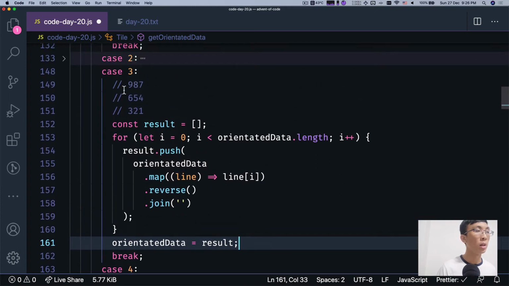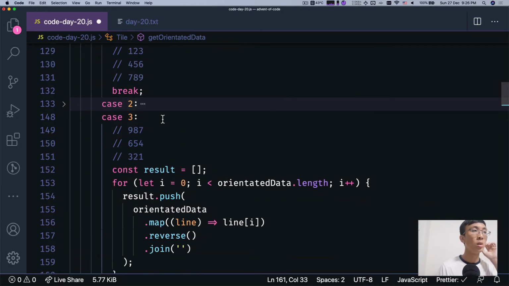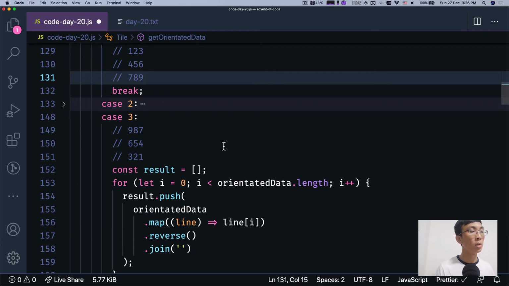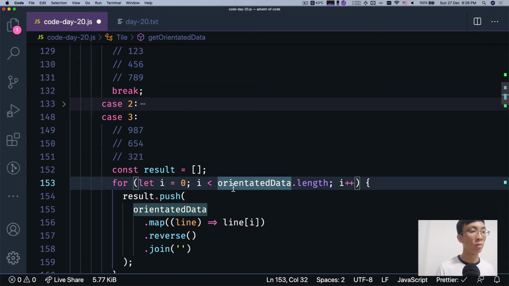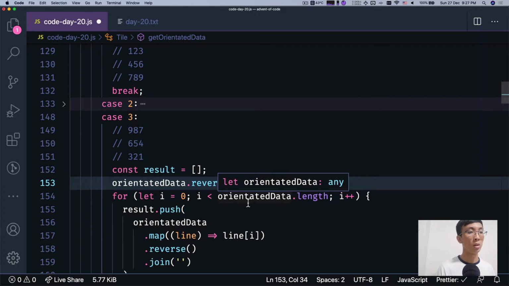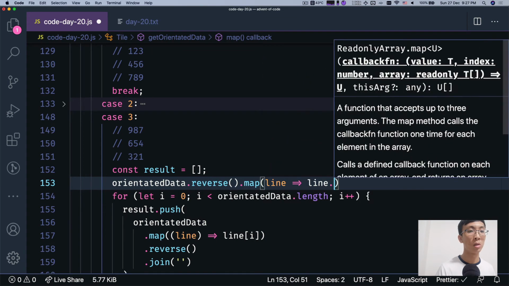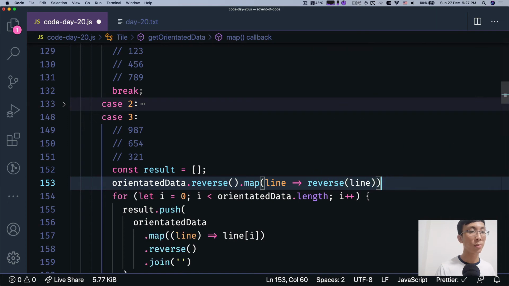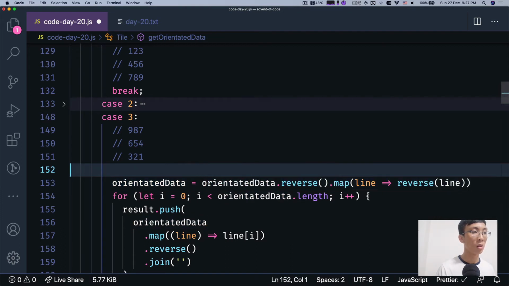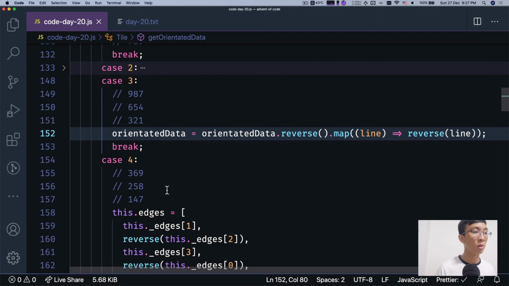Okay, so this one is 987654, which is the original data in reverse and all the rows reversed. Right, so oriented data.reverse, right, and then .map line.reverse as well. Okay. Now the next one would be